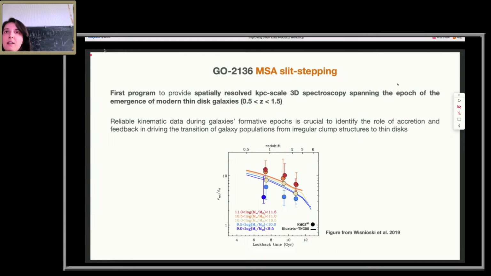The reason why this is relevant can be illustrated in this simple figure taken from Wisniewski et al. 2019, where we see that the degree of rotational support in galaxies varies as a function of redshift and also stellar mass, where galaxies at higher redshift, larger than 2 and 3, show high degrees of dispersion-dominated support, meaning very likely thick disks or non-disk structures, and moving to the lower redshifts, we're seeing rotationally supported